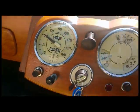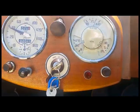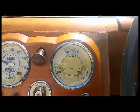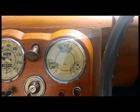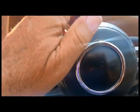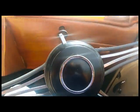Speedometer's working. Everything looks to be working. The only thing I'm not sure of is if the fuel gauge is working, so we'll take a look at that and see if that's working or not. We'll just blow on gas. The semaphores work. Turn the blinkers when they come, and the car just runs beautifully. In all honesty, I'm not used to shifting these things, and they're a little different, so